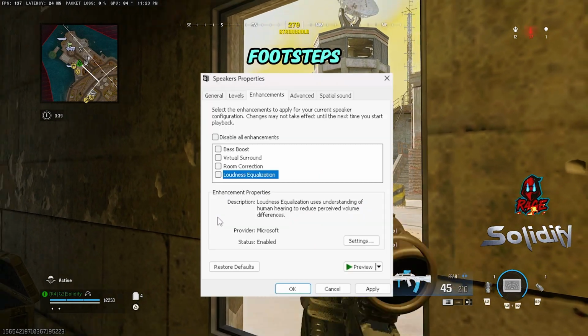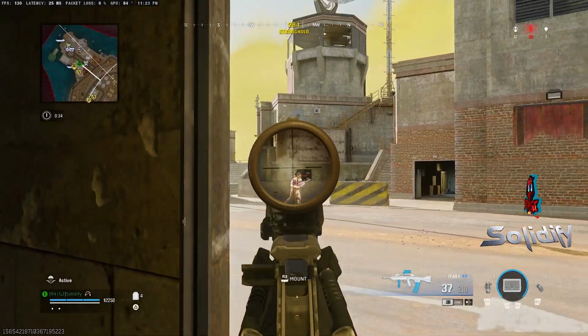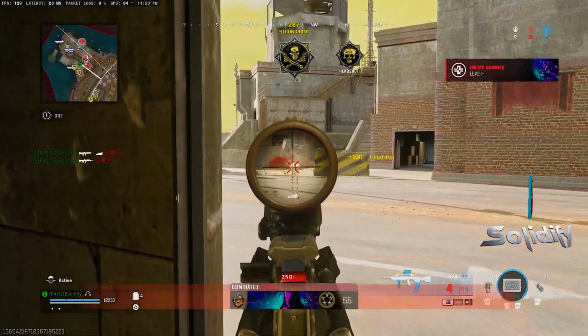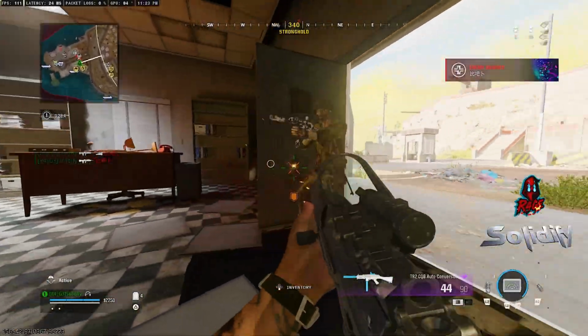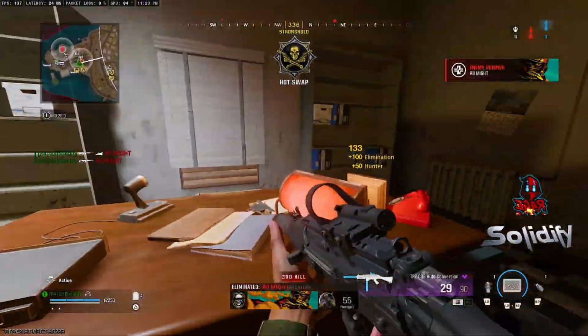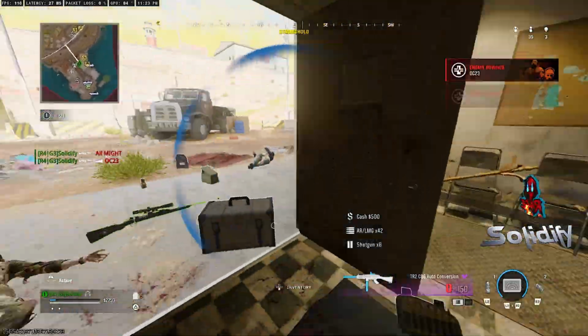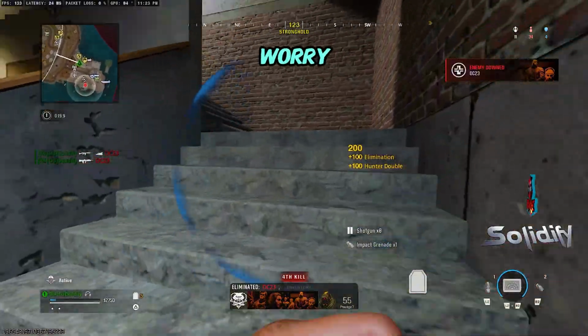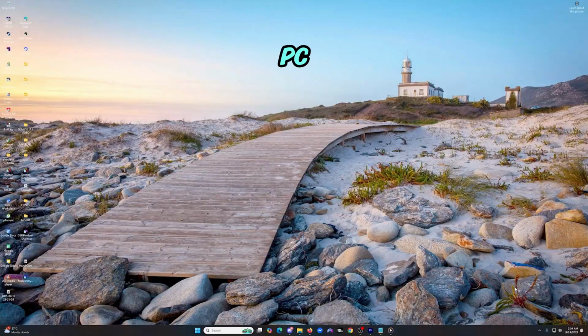Want to hear enemy footsteps clearly and win more gunfights? Don't worry. Today, I'll show you how to enable Loudness Equalization on your PC so your audio stays smooth, balanced,